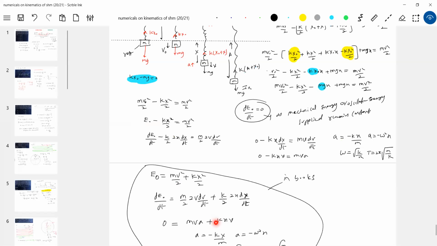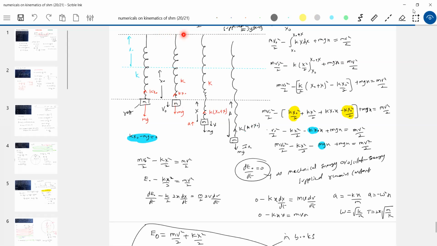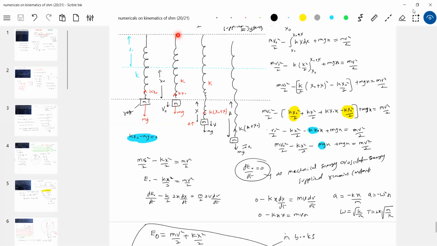Like this one, if you give velocity and release, what happens to this block? It will execute SHM. Some of you, I think, will have keychains. No, a red and blue colored wire will be there. That is what I'm discussing. Tie one stone to it at the bottom. At one end, tie it to a ceiling or anything available, or hold it properly. You just pull that and release, or give velocity and release. It's going to oscillate like this. Spring, all of you might have noticed. Purchase one spring. 50 rupees. So many problems are related.